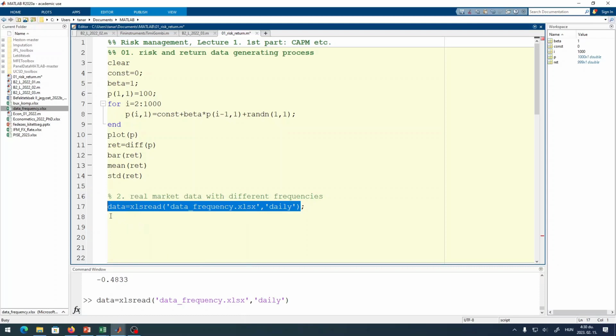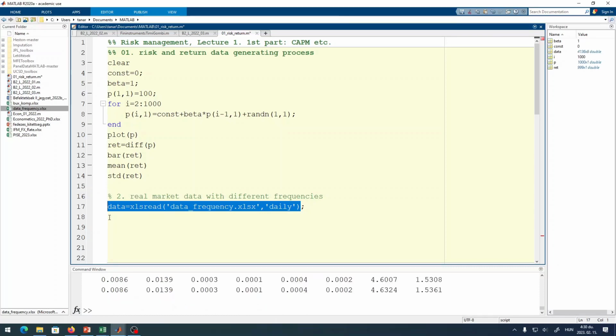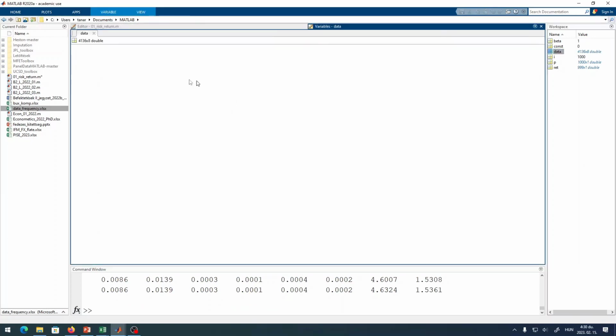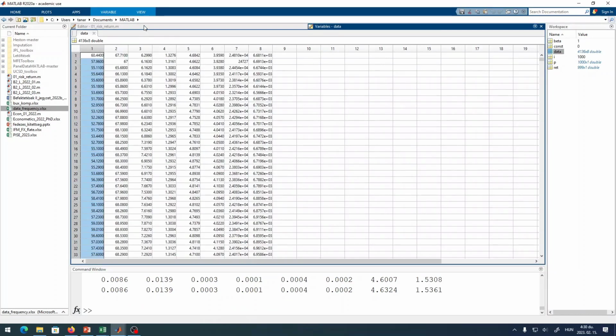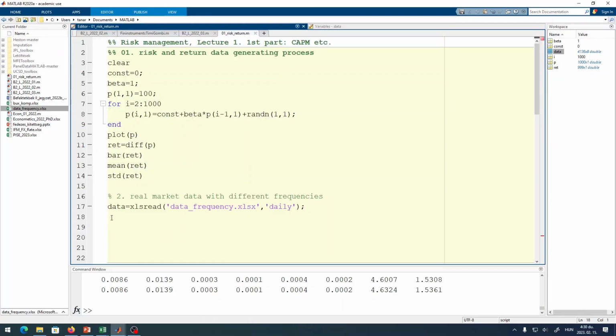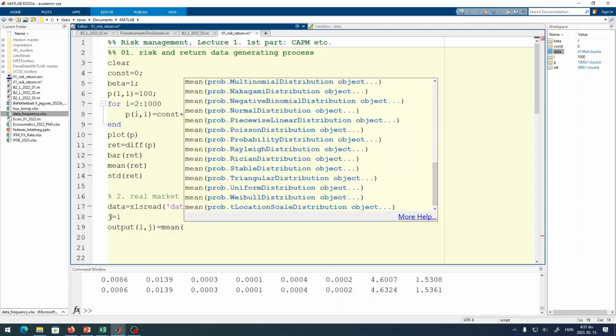So if I'm using this one and it's imported, and after that we can test the dataset for the different properties. So let's create a nice for cycle, but right now let's just create a descriptive analysis of all the data. So output, first row, third column equals the mean of